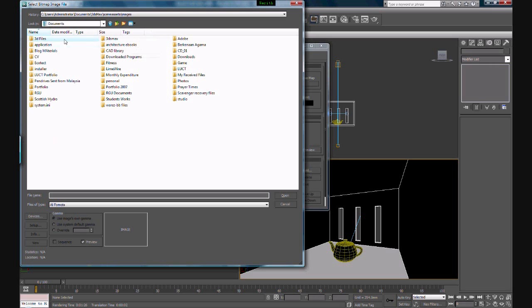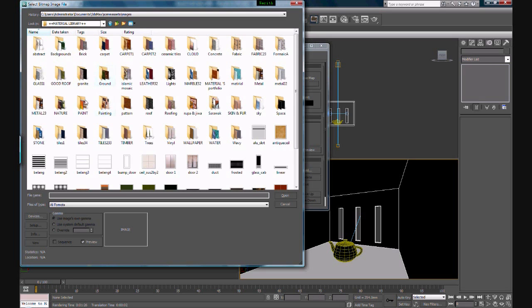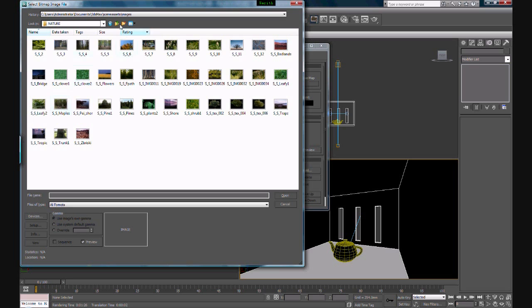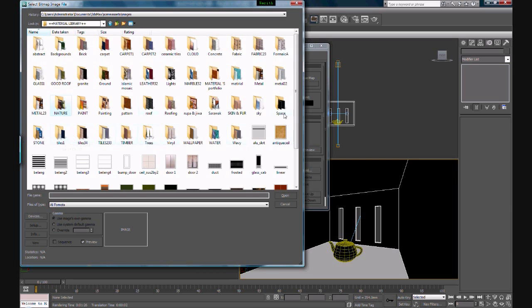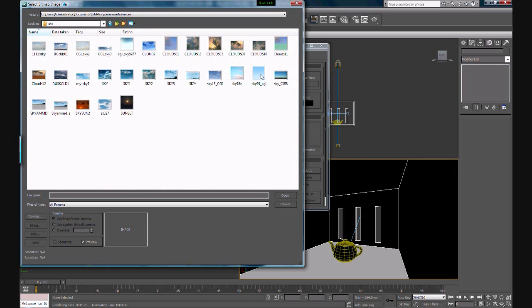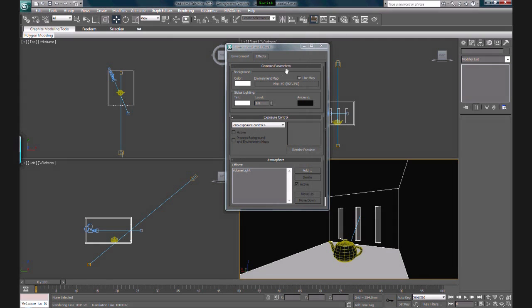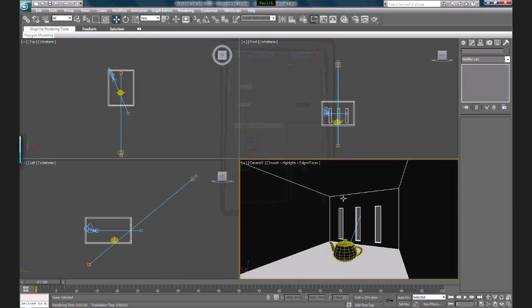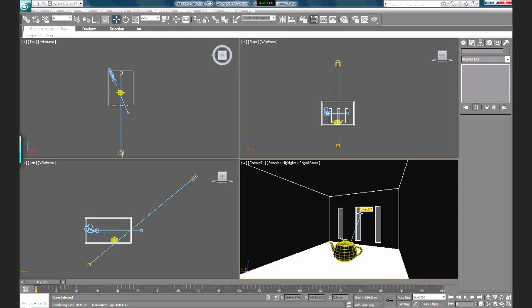So I have it here in this folder. This one, maybe sky. Yeah. So let's say I want to choose this image to become my background. So I click open, and it will automatically use map, as you can see. And the name of the file, sky.jpg. So now if I render, I'm going to have a background as my skylight. Alright, if I render,